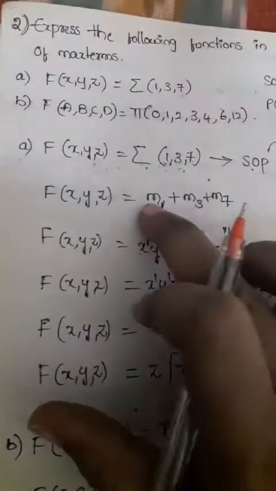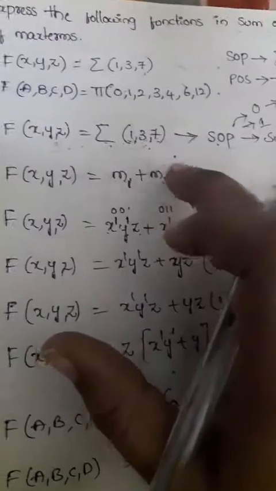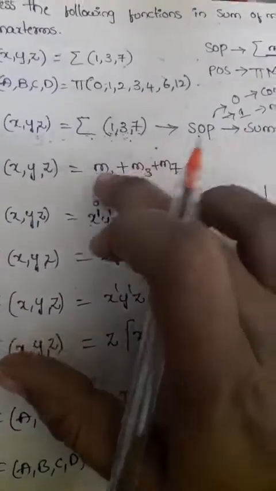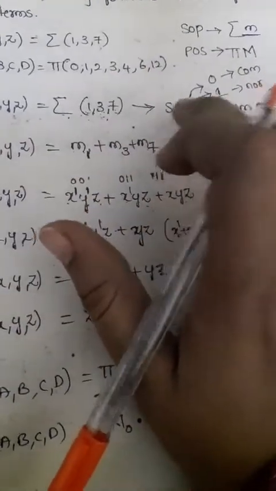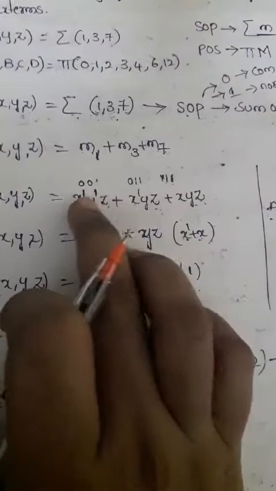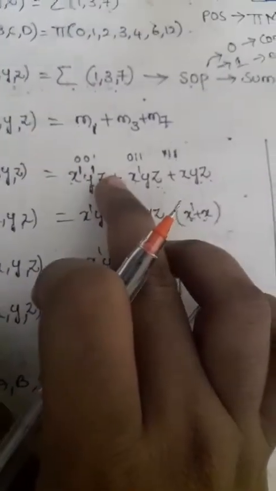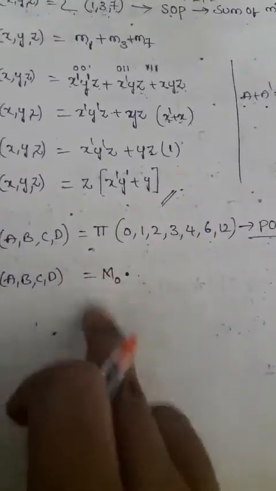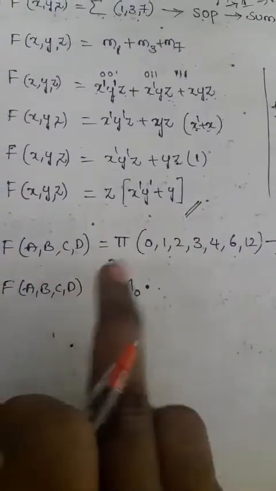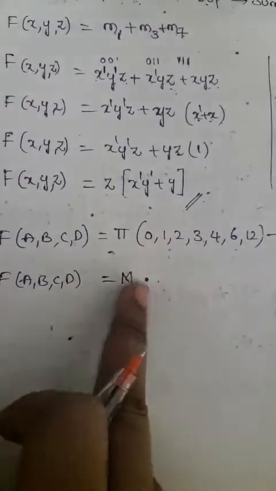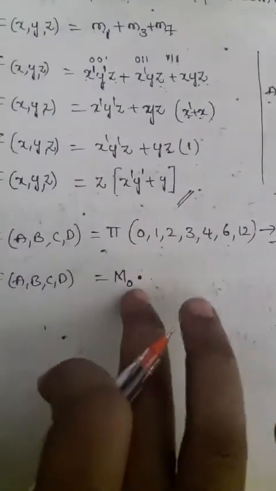So here also, in each term, that means in between two min terms or in between three min terms we have to mention the sum. Why? Because this is sum of product. That's why I can mention product here, and here we'll take it as sum. Okay, so this way this is product of sum. So in between each variable we express the sum, and in between each term we express the product.